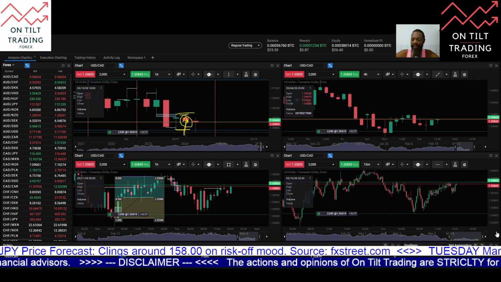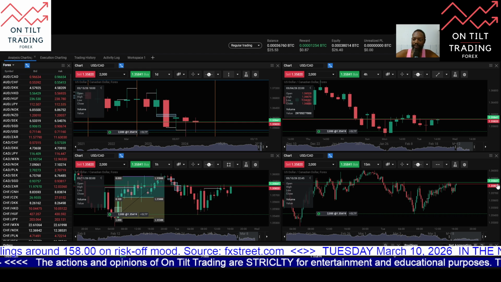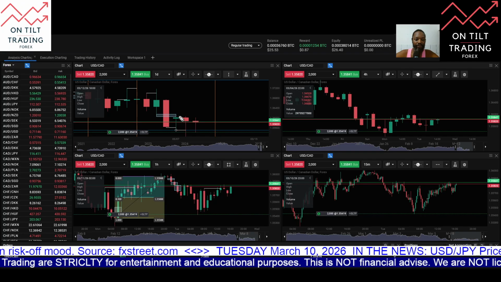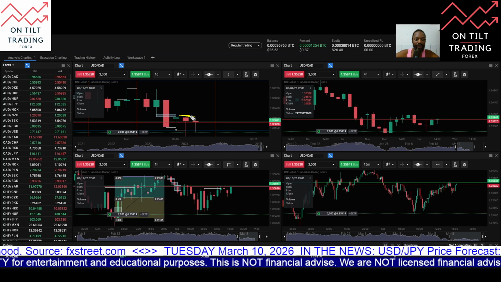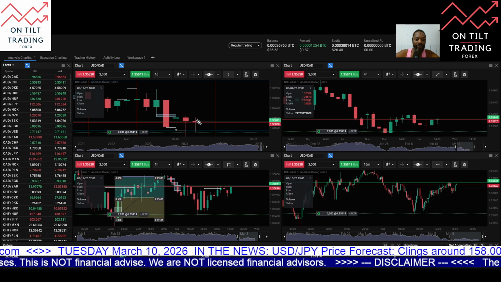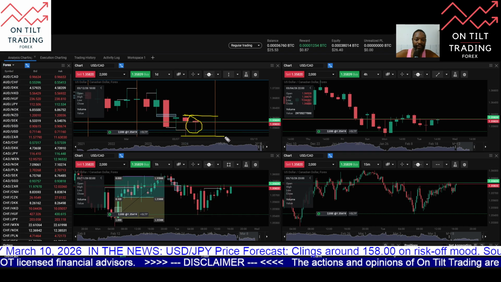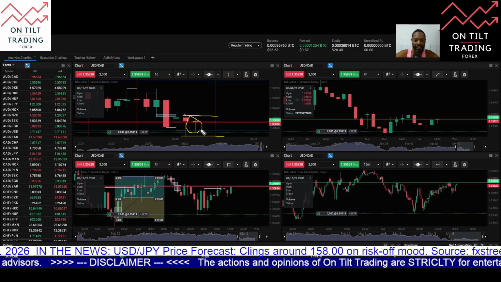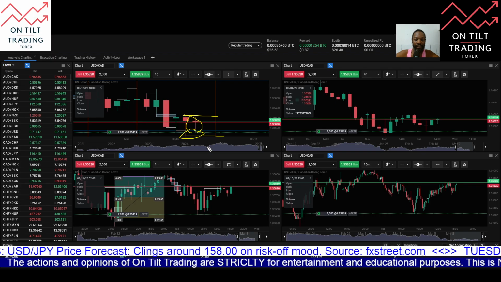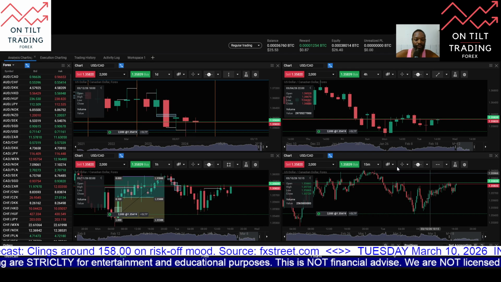So this gives me a buy side draw on liquidity, and I'll be looking for price to, at a minimum, return to this price level right here. So price here today overall has remained inside the range of Monday's candle, so no breakout in either direction. Price has tested the lower end of the range down here, but so far